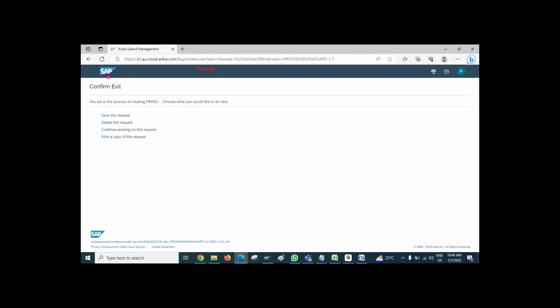What is the majority of the people using as of now, the spend analysis? I would say in the last 6 years, I got only one customer who has implemented the spend analysis, spend management. Why? Doesn't it have any importance? Ariba has given such a great tool. Is there any drawback in the spend analysis?